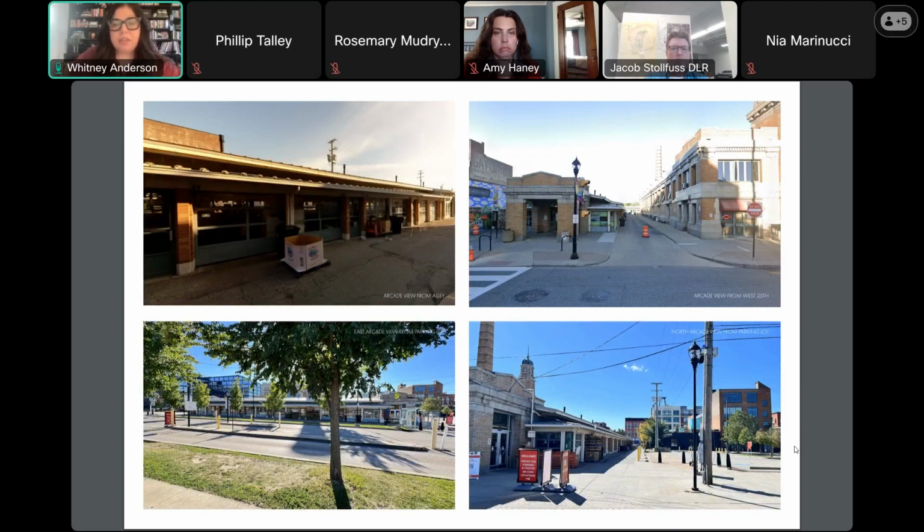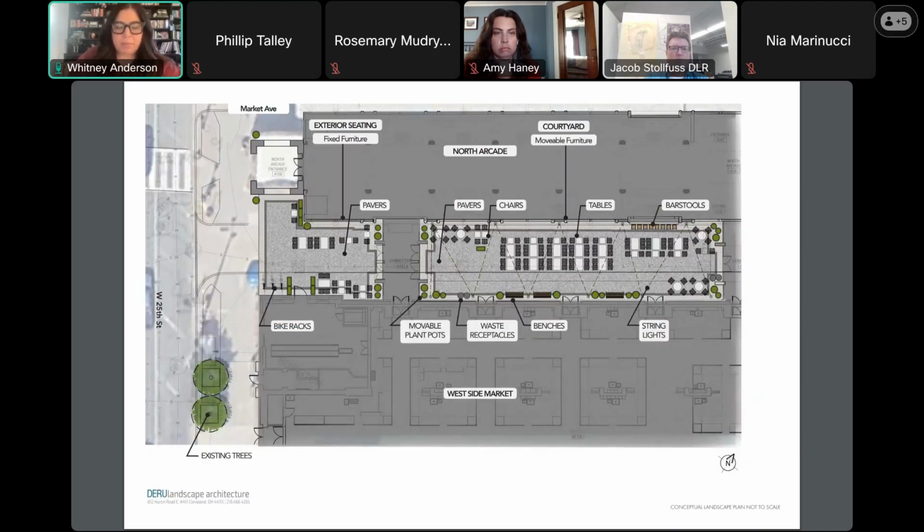I echo what Nia is saying about the doors feeling like such a barrier. Even if these are the door choices, given the context they're in, there could be an even more beautiful barrier. I think that option exists.